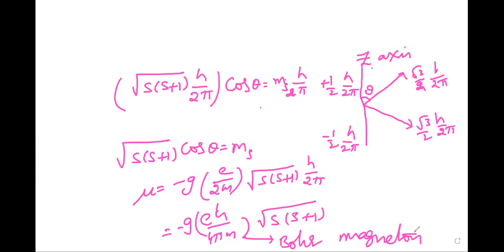The negative sign in this equation indicates that the spin angular momentum vector and the associated magnetic moment vector are oriented in opposite directions. When a spinning electron is placed in a magnetic field like this,